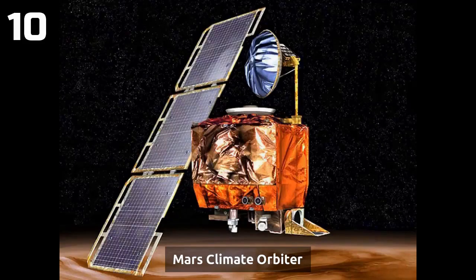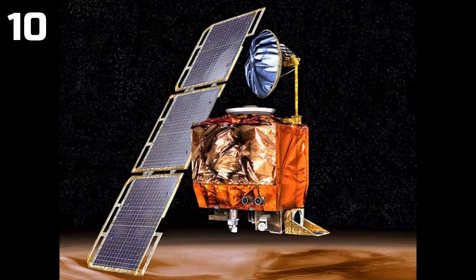Number 10. Mars Climate Orbiter. The Mars Climate Orbiter was a small space probe launched on December 11, 1998, by NASA to enter Martian orbit and both study the atmosphere of the red planet and provide valuable insight into its climate and any surface changes that might occur. The launch went as planned, and the probe traveled toward Mars with seemingly no issues, but unknown